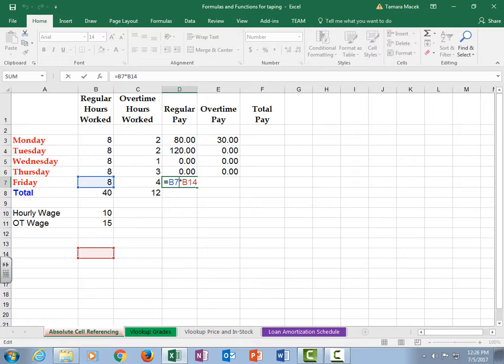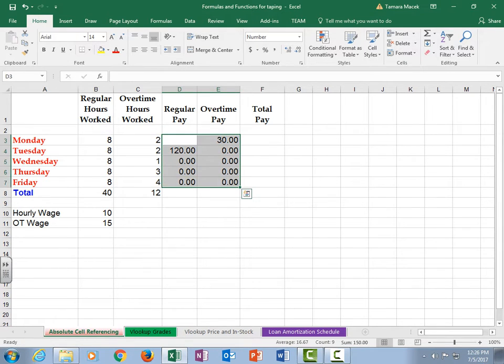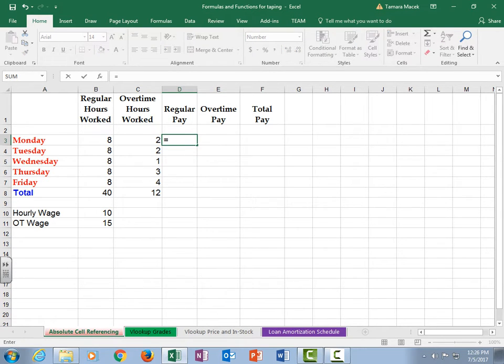So we want to make these values 10 and 11 absolute. So I'll quickly delete this and show you the function of absolute cell referencing. I'll put in my equal sign, I'll type in B3 times my hourly wage of $10, but I want to make it absolute. And a real nice shortcut on your keyboard, our use of the function keys, is a function